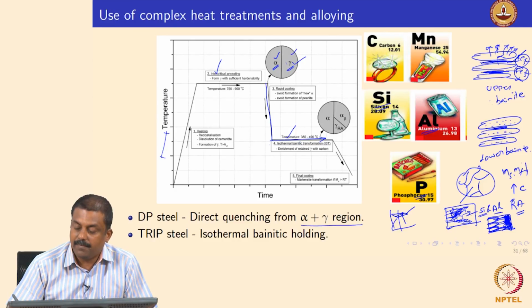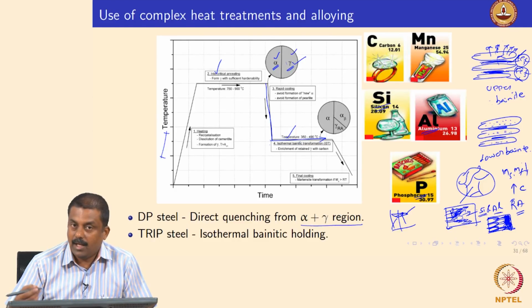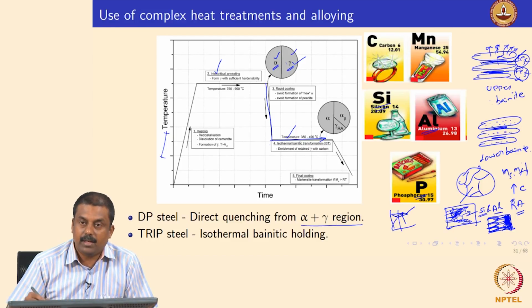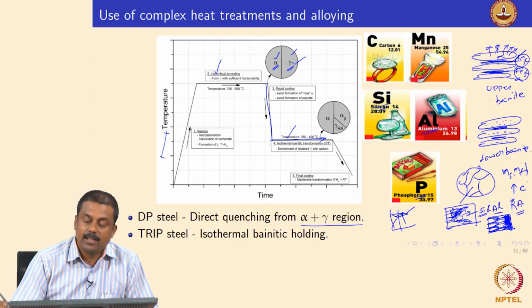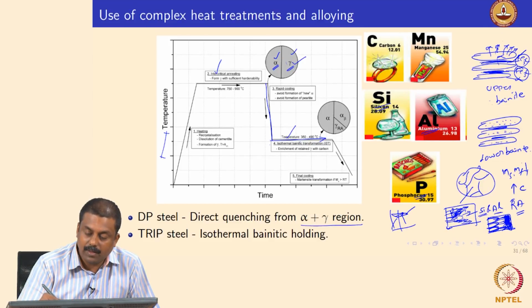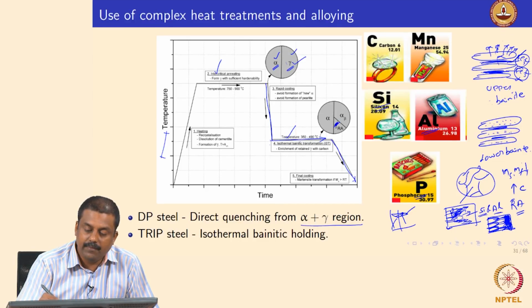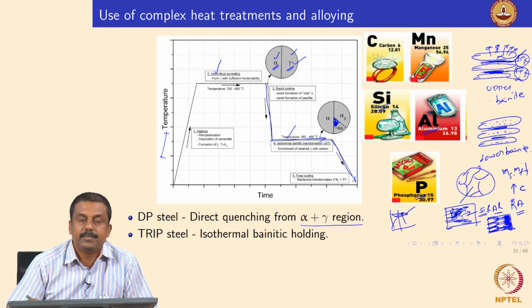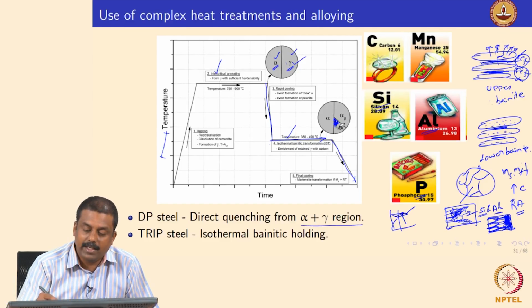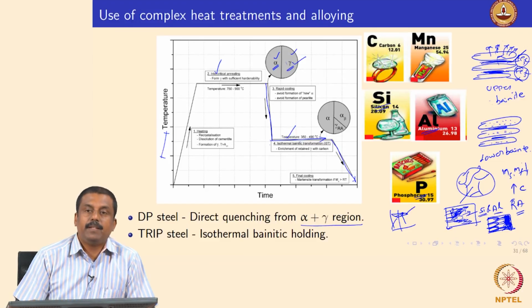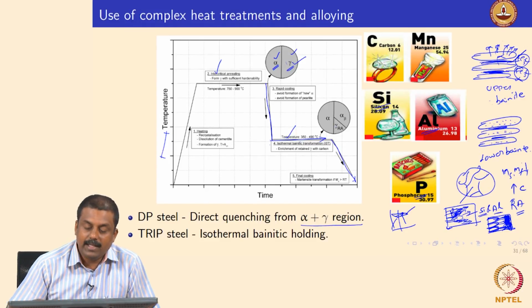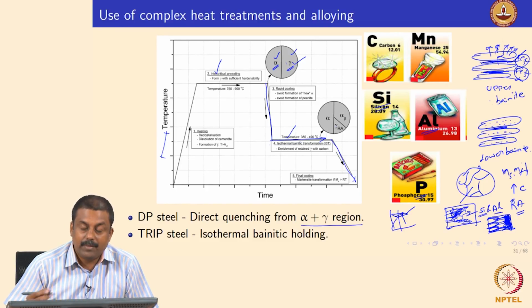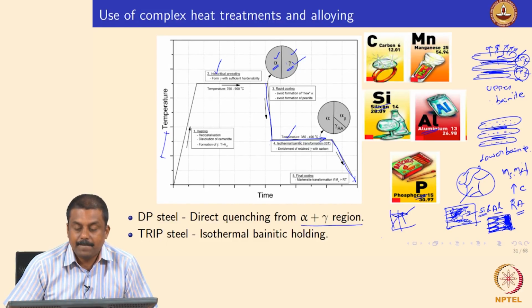And upon sufficient enrichment of carbon in austenite, you all know that the MS and MF temperatures would decrease significantly. Then what will happen? When you further cool from isothermal holding to room temperature, you would end up stabilizing a significant amount of retained austenite at room temperature. And this retained austenite is extremely critical for the mechanical properties. That is what we saw in a previous slide: this retained austenite transforms to martensite upon loading by a stress induced transformation, and that leads to an increase in plasticity.